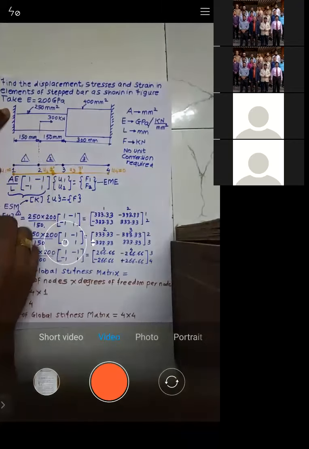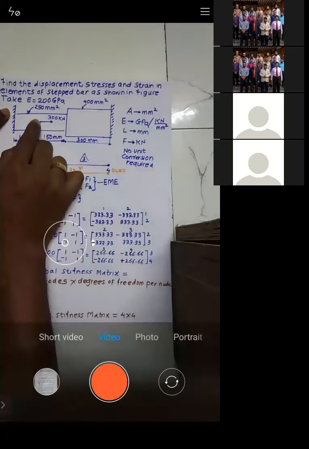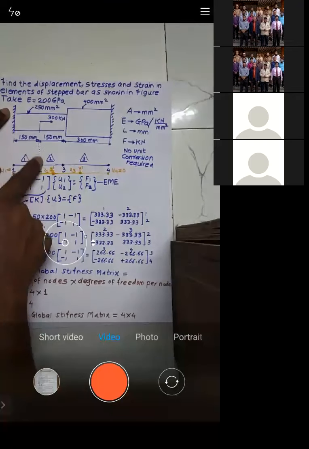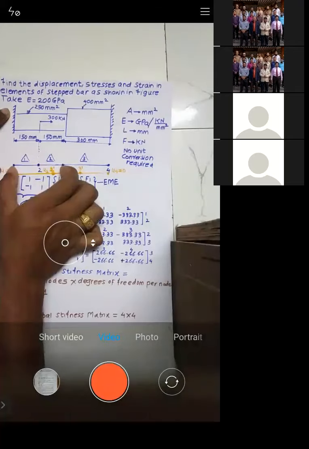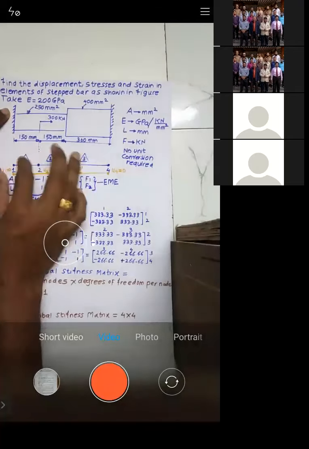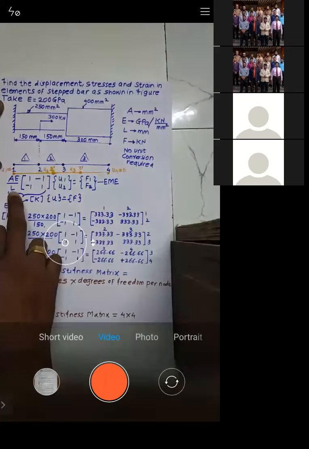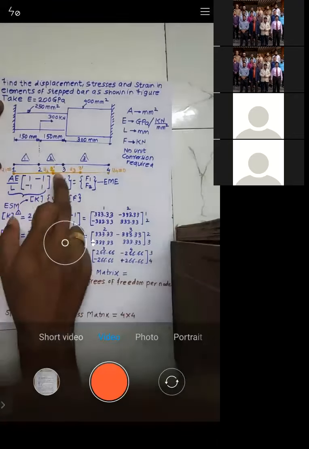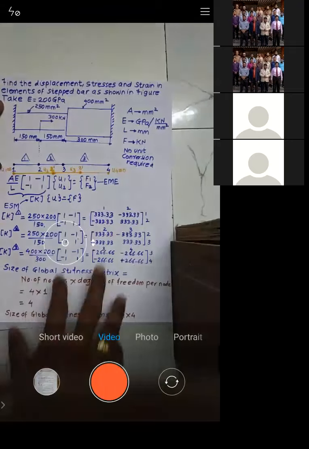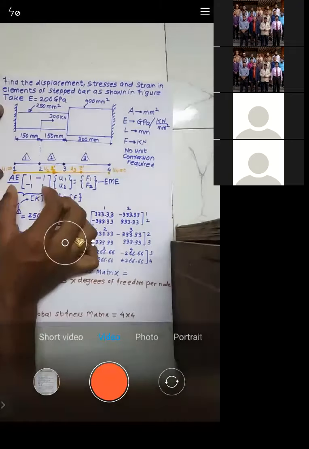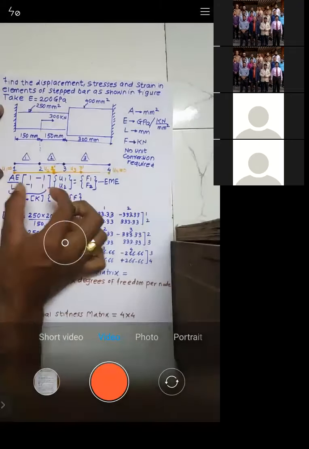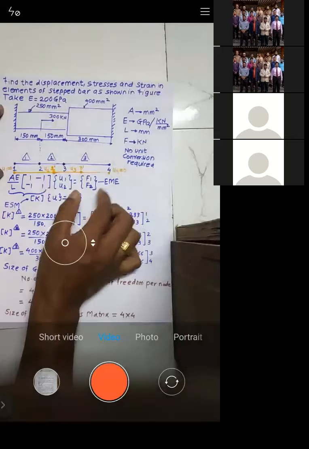But in addition to that, we have a force applied at this particular point. When you bring this point down, this element again splits into two elements. As a result, we get three elements. Then the element stiffness matrix for a bar under axial load is given by AE by L times the matrix [1 -1; -1 1], multiplied by the displacements U1, U2 to give the forces F1, F2.